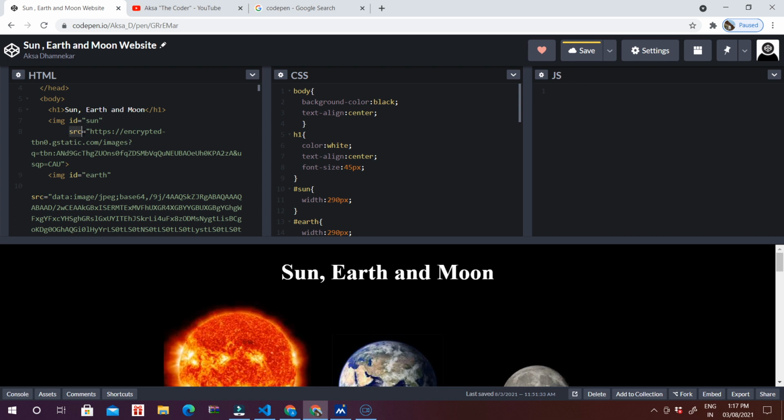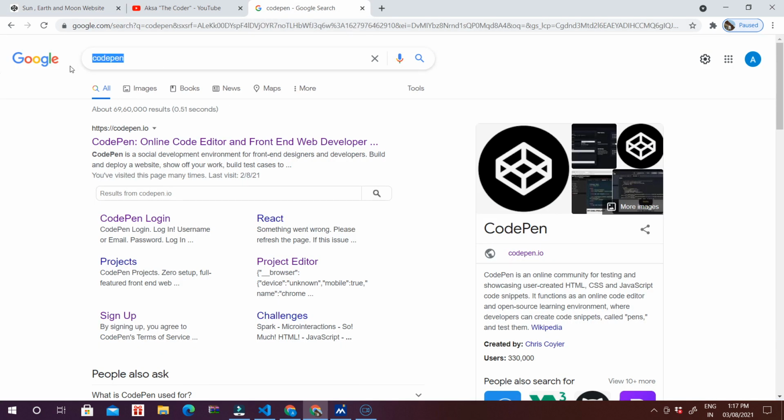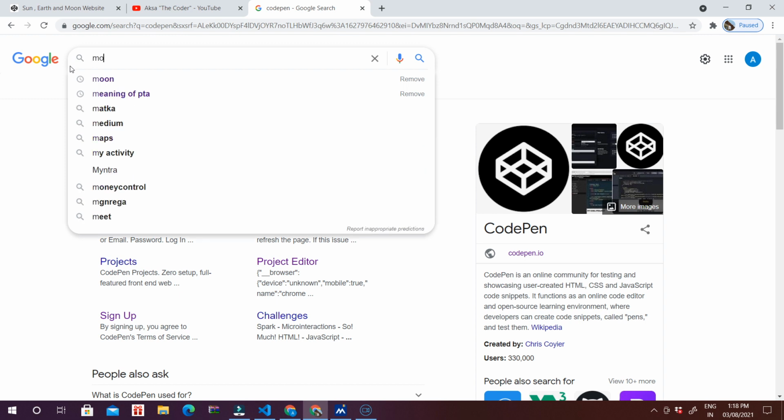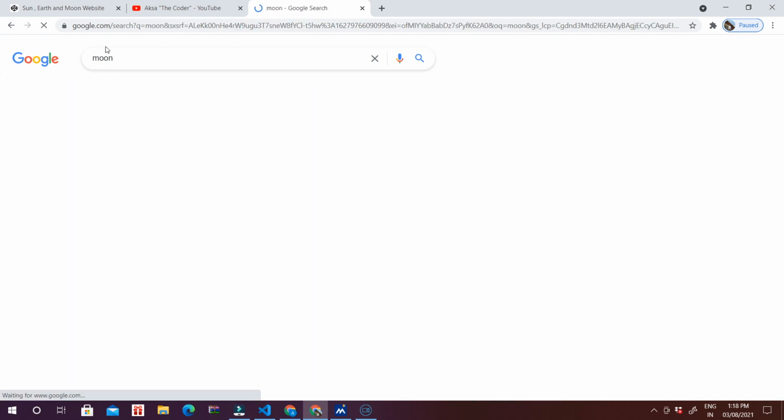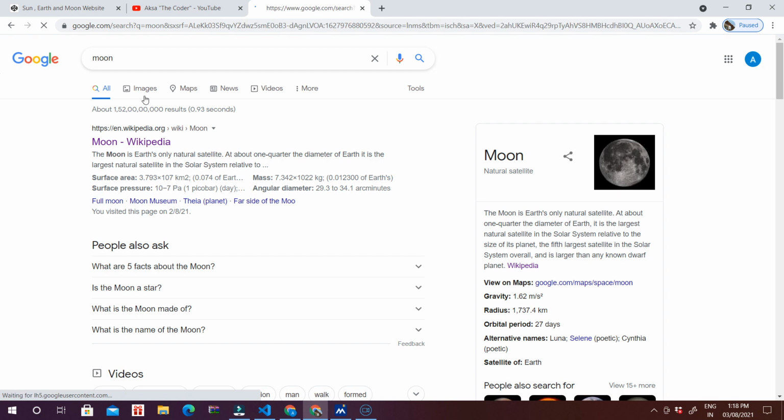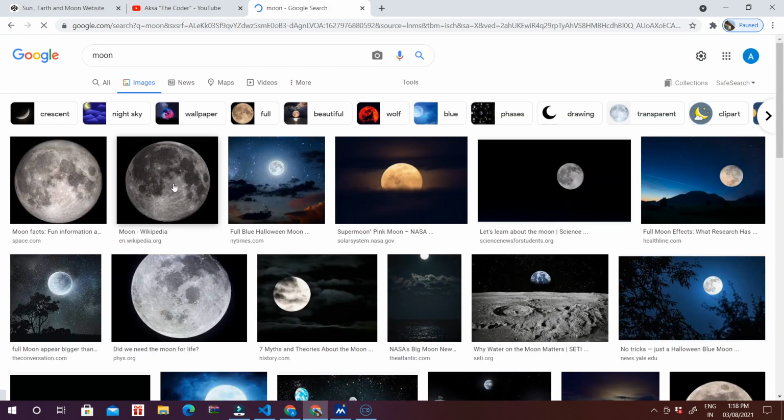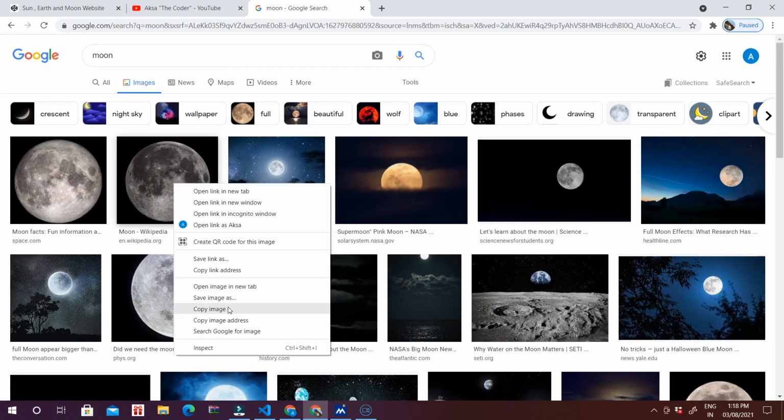Source. Now source is nothing but the link. So here I have written source and then I have pasted the link of the image in the inverted commas. Now from where did I get the link? Just type in Google, suppose moon, then go into the images and just right click and you will get the option as copy image address.